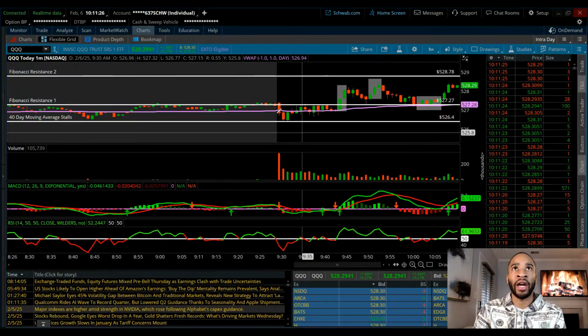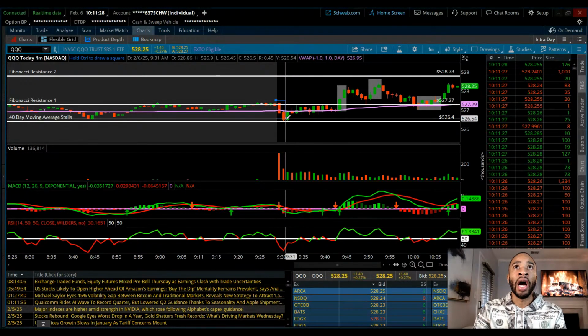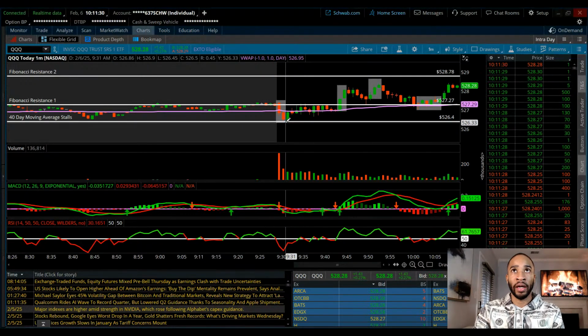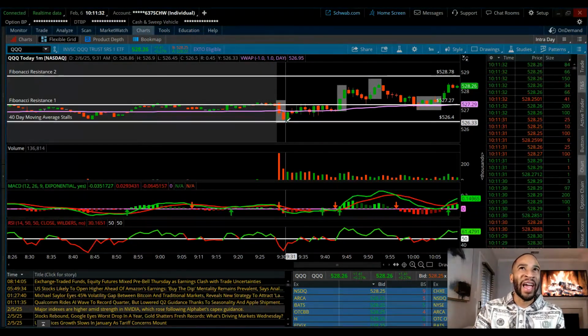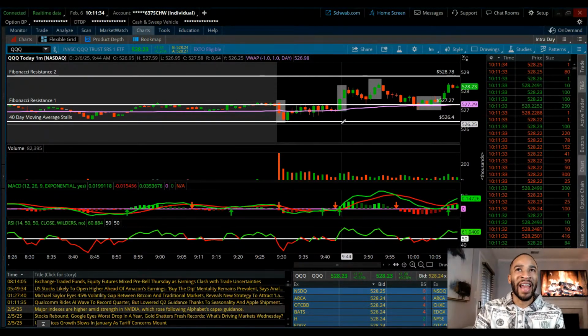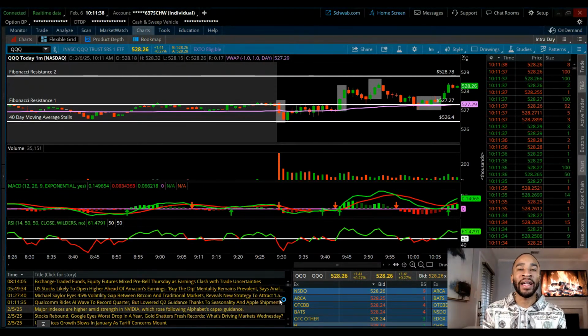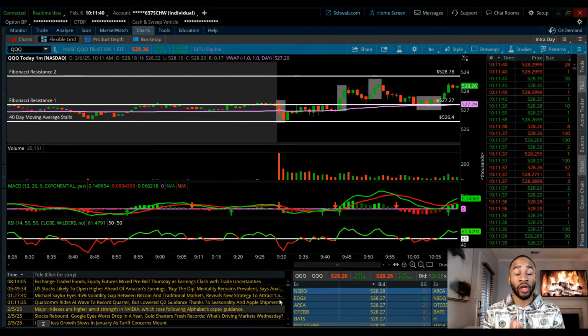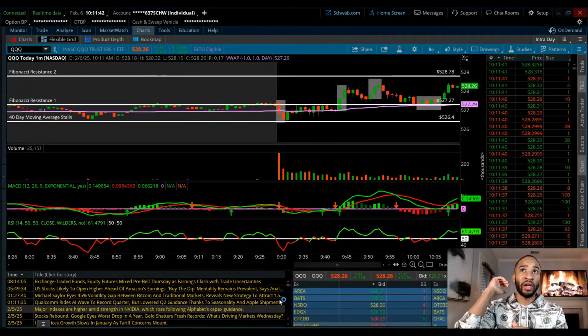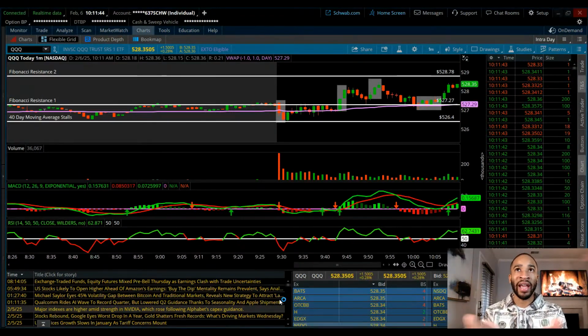And I'll highlight the areas where I was going short. I went short in this zone right here. And probably after maybe 9:44 a.m., that's when I noticed that the buyers stepped in. And I had a strong feeling that we were going to continue to pump back towards the upside. But we had a healthy retracement